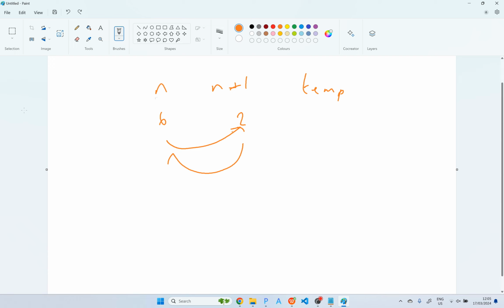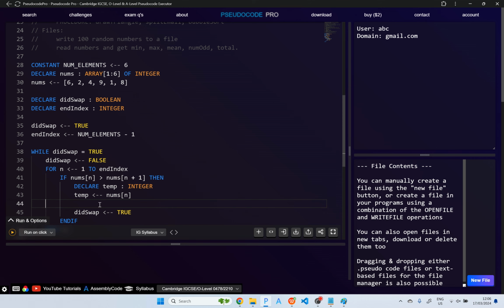And this is why you need the temporary variable. So what we can do, we can put this n in the temporary variable. Then we can put this 2 in this position. And then we can put this temp back in here like this. Yeah, so this should work. So what we're going to do, the next one then, I guess we can say nums n plus 1, that's going to be temp. And then I think we said nums,